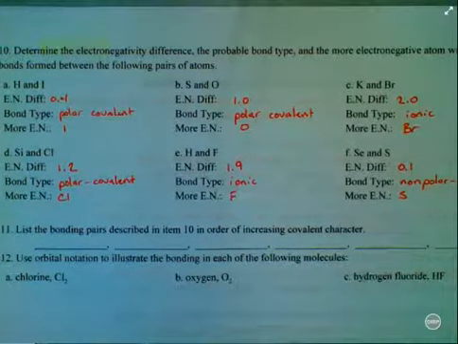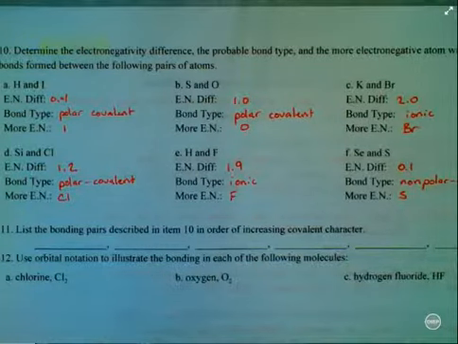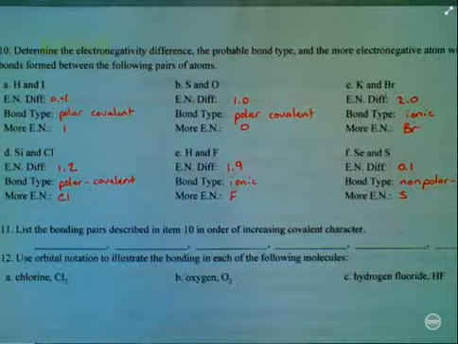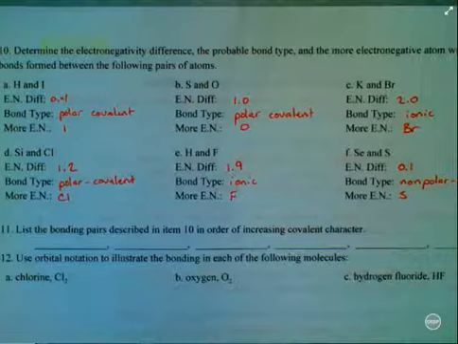Number 10. Determine the electronegativity difference, the probable bond type, and the more electronegative atom with respect to bonds formed between the following pairs of atoms. Now notice here in the instructions that it says the probable bond type. As we saw in number 9, in fact,